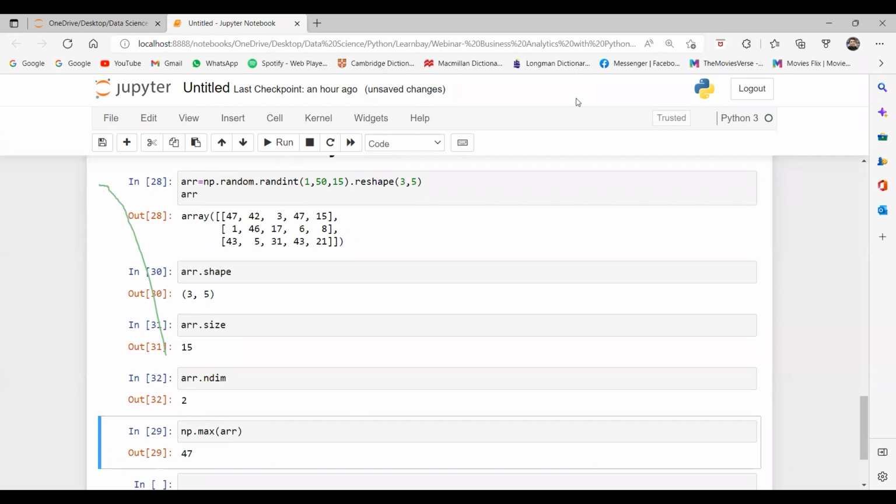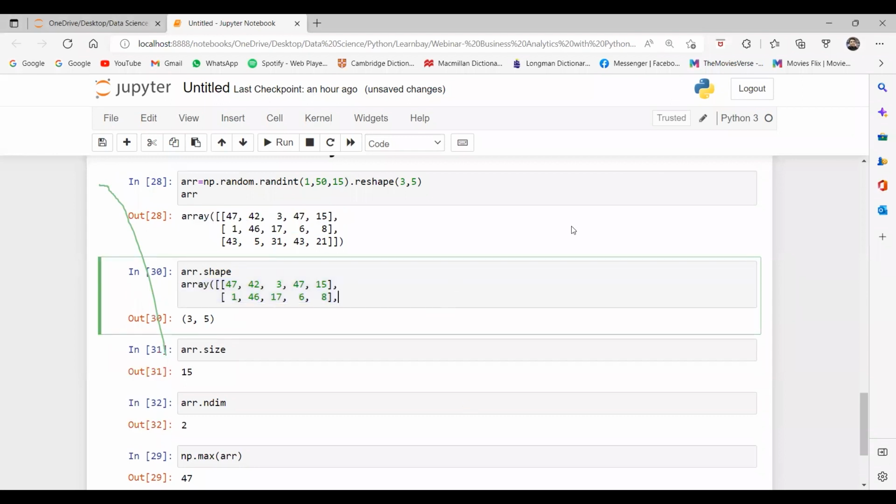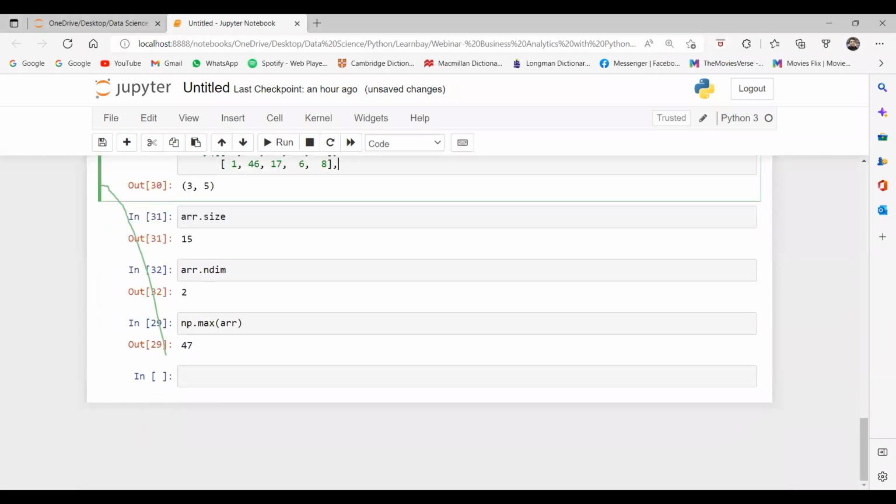When we represent something in the form of rows and columns, what does it mean? Tell me, guys. It is known as a 2-dimensional array. 1 dimension is row, and the second dimension is column. Like when you represent in the form of X and Y, on the X axis and Y axis, then it is known as a two-dimensional array.